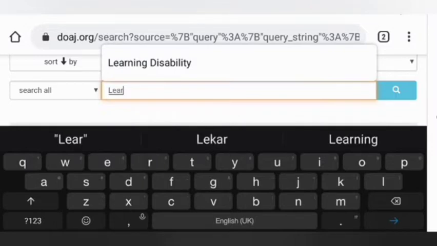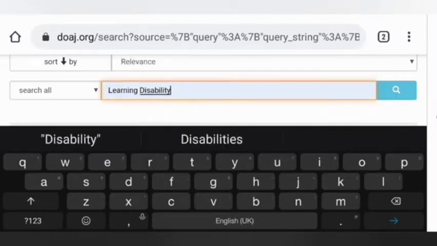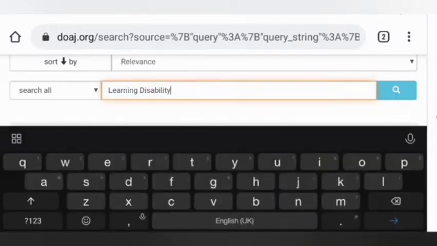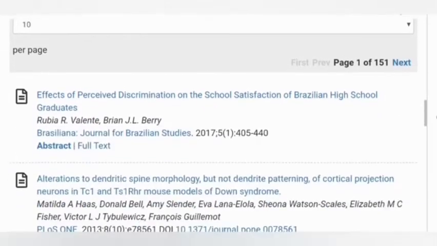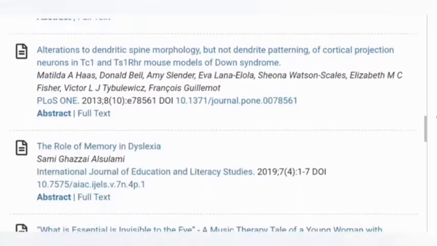Here I'm going to search articles related to learning disabilities. So let me check. As you can see, a lot of articles are coming up now.